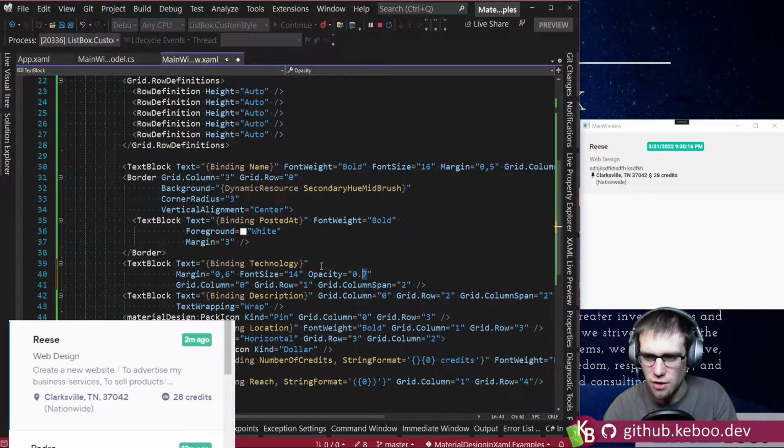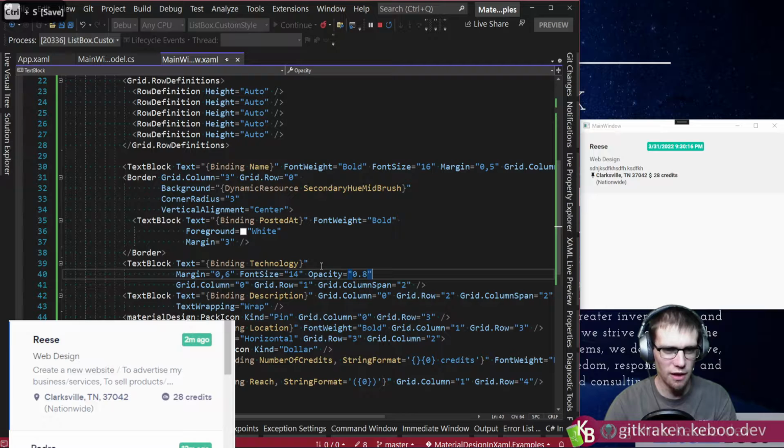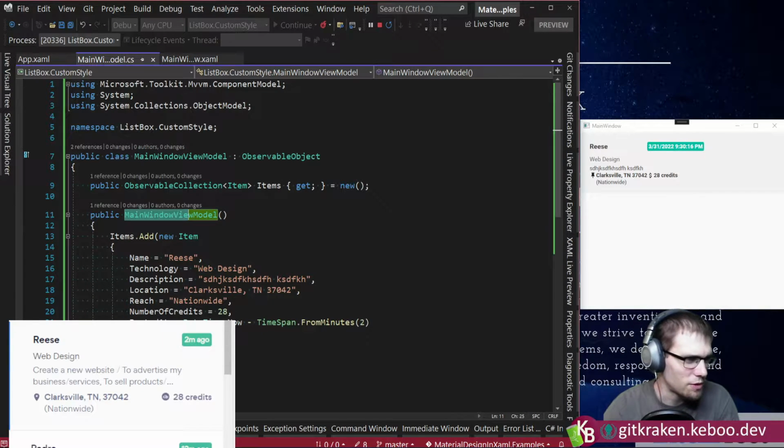Might be a little too much. I'm going to go 80. 80%, just to give it a little fade out there. Okay, and I'm going to go update my description to actually match, so we can actually see something that's a